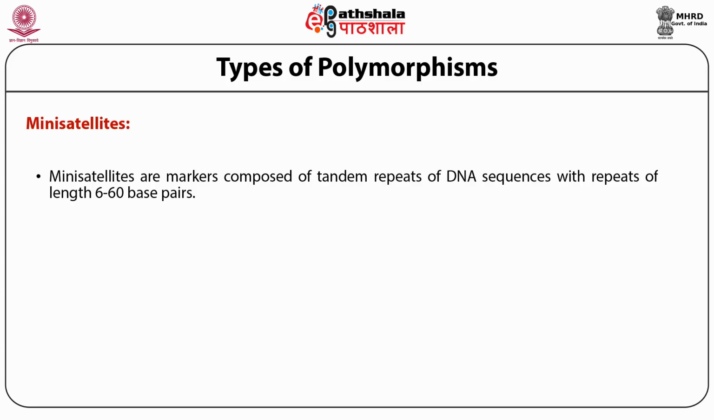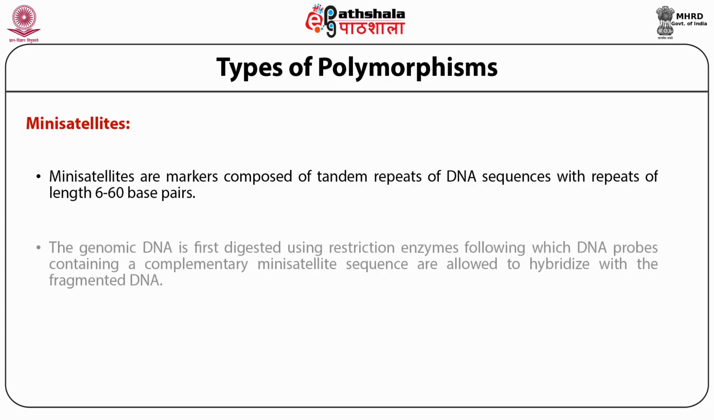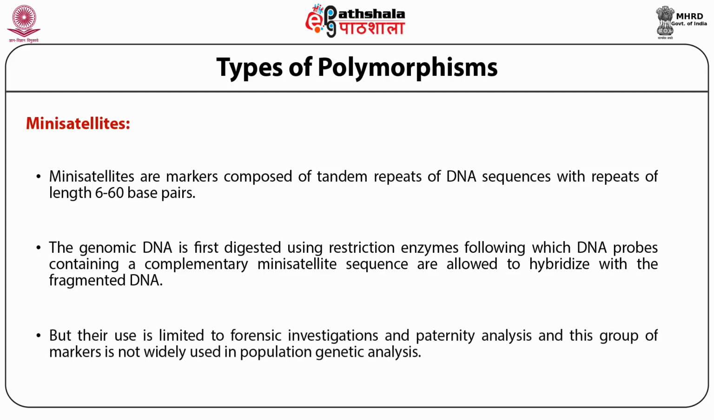Polymorphisms in minisatellites result from unequal crossing over or gene conversion. The genomic DNA is first digested using restriction enzymes, following which DNA probes containing a complementary minisatellite sequence are allowed to hybridize with the fragmented DNA. The minisatellites are highly polymorphic markers due to their length, and this characteristic has found them application in DNA fingerprinting. But their use is limited to forensic investigations and paternity analysis, and this group of markers is not widely used